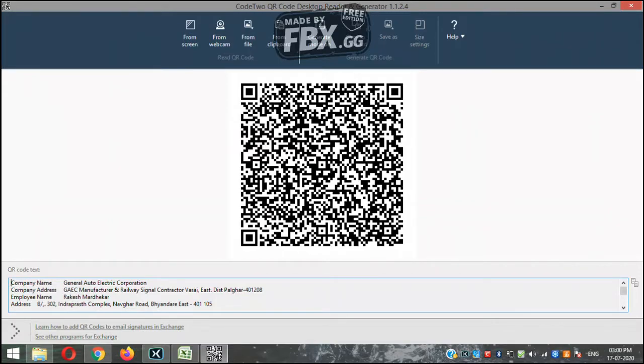The software is basically for generation of QR codes for static purposes. Static QR codes are something that are non-changeable, non-editable. Once you fetch the information and the QR code is generated, thereafter you cannot make any changes to the information. Like over here, if I try to delete, backspace or type in anything, nothing can be done because this is a static QR code. Dynamic QR codes are something wherein once you fetch in the information and the QR code is generated, that same QR code remains, but the information is editable. You can edit the information anytime.